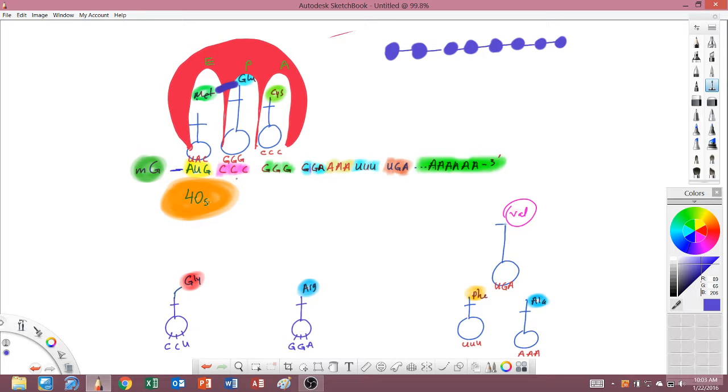The 60S has intrinsic enzyme activity. In the P site, it has transpeptidase activity. In the E site, it has excision activity, or breaking of the bond. But it's only between tRNA and amino acids, not between amino acids. So the tRNA will remain without the amino acid? It will not remain. It will be kicked out. The tRNA is kicked out. Yeah. All the tRNA is kicked out? Mm-hmm.